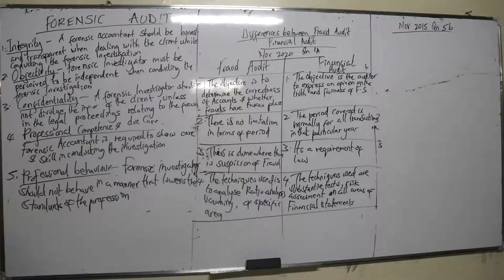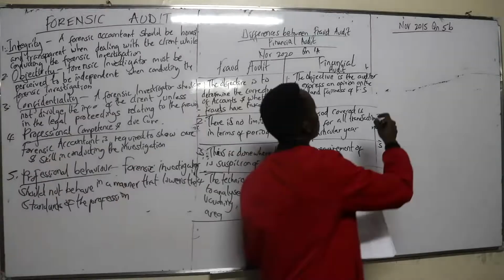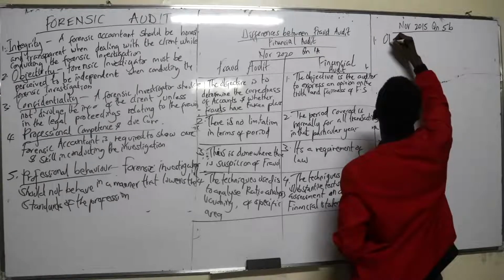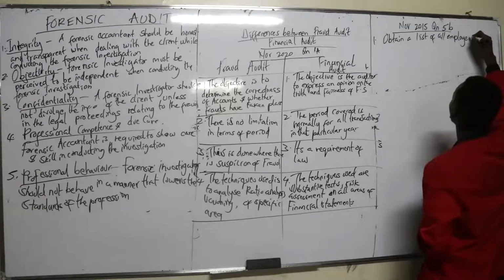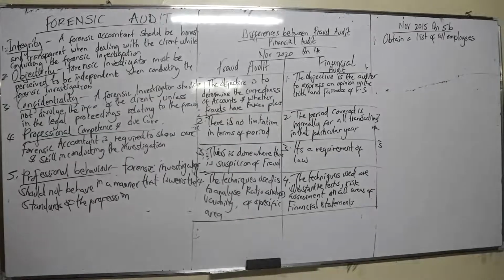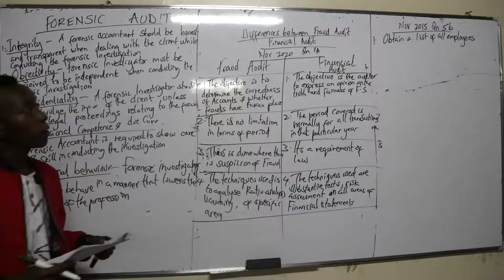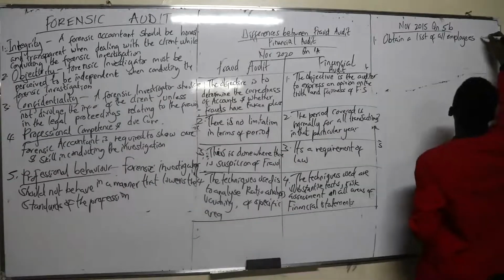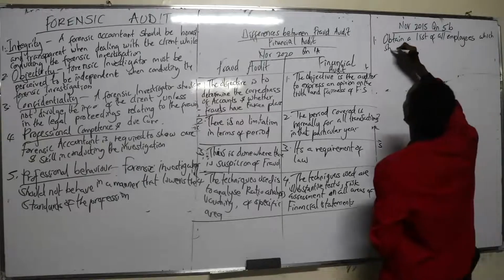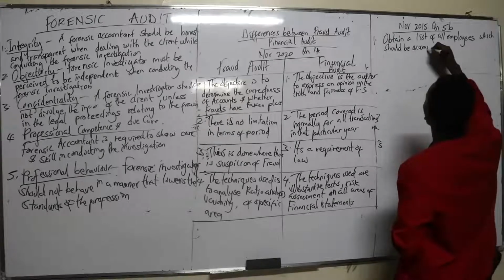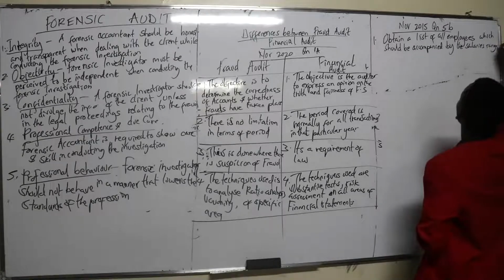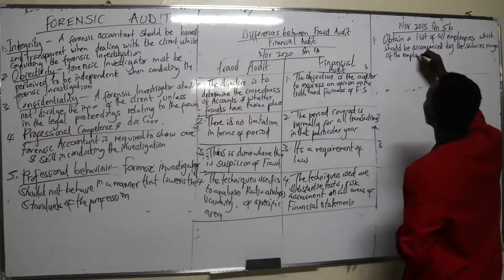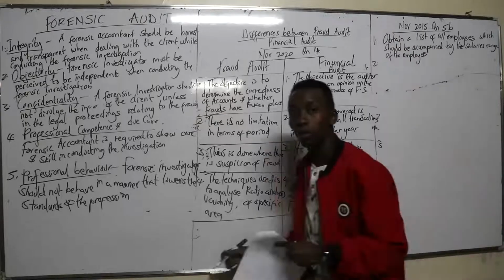So the procedures to follow to gather the evidence would be: one, obtain a list of all the employees of the company, which should be accompanied by information about their salaries, the salary range of the employees, so that you know if there was any form of overpayment of these employees also. Secondly,